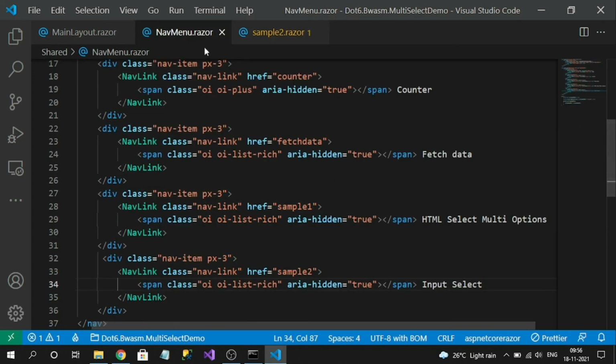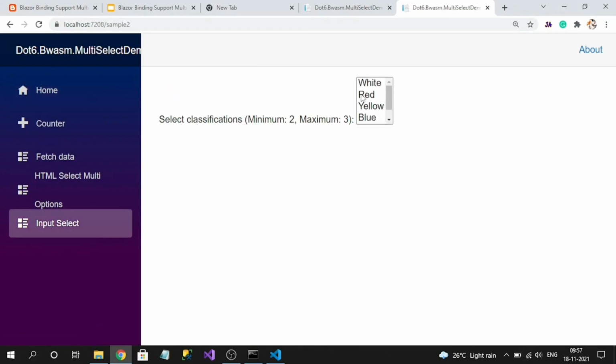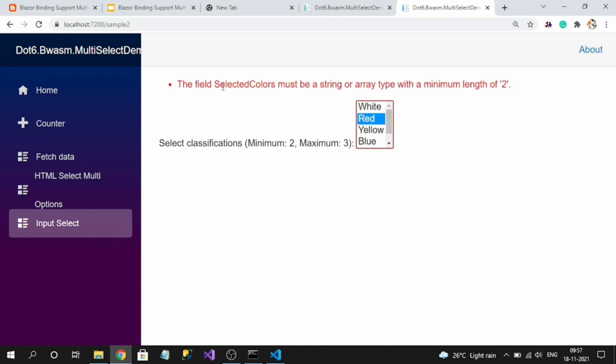In the nav menu component, let's add one more link to our sample two. Now let's test it. Click on this new menu. See, input select also gives us a multi-selector component. Now if I select one, see, validation is firing because the minimum selection should be two.